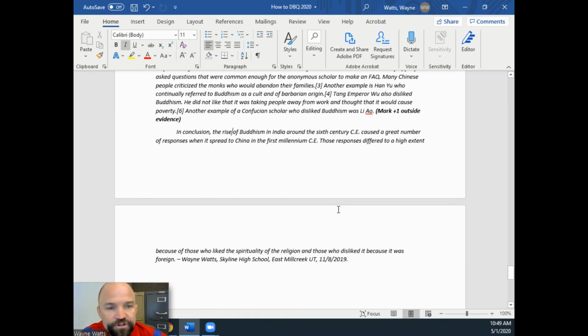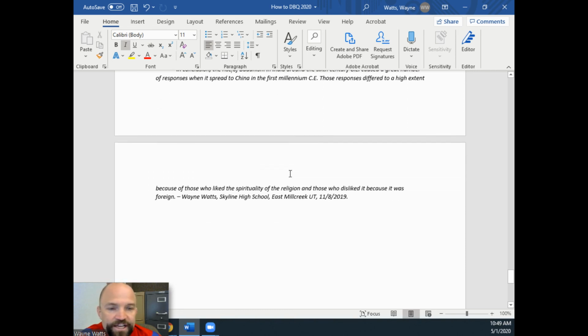In conclusion, the rise of Buddhism in India around the 6th century BCE caused a great number of responses when it spread to China in the first millennium CE. Those responses differed to a high extent because of those who liked the spirituality of the religion and those who disliked it because it was foreign. Wayne Watts, first time I wrote this was 11/8/2019, updated